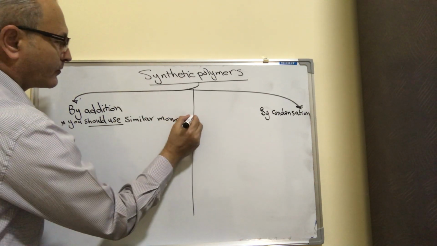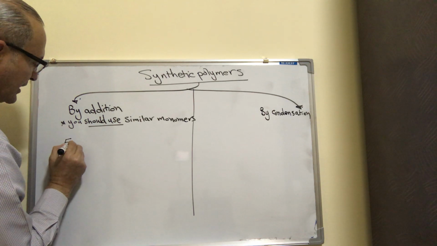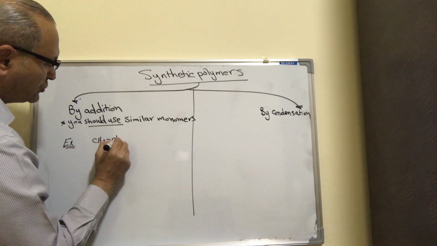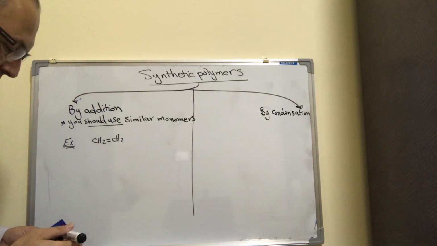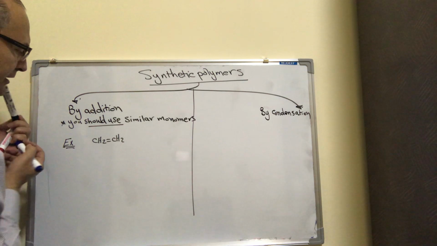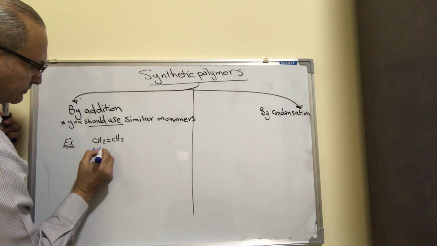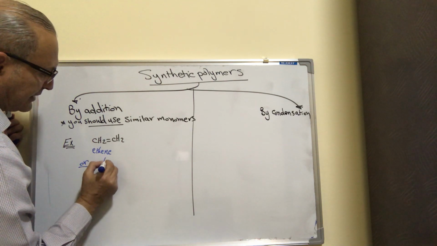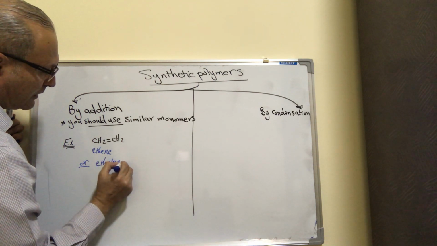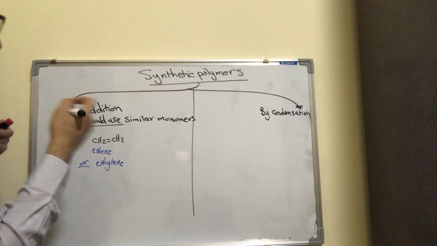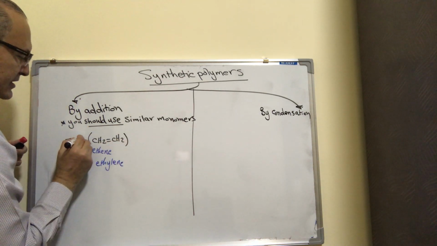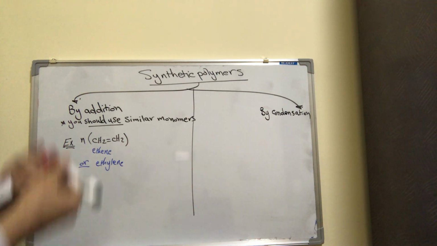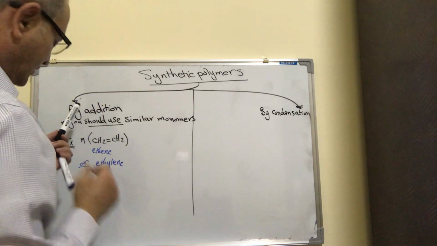Let's take an example. Suppose that we are talking about CH2=CH2, which you all know as the simplest alkene ever. It is called ethene, or it has another name, ethylene. Now, if you bring too many molecules of this monomer and allow them to react and join together, what will happen actually is